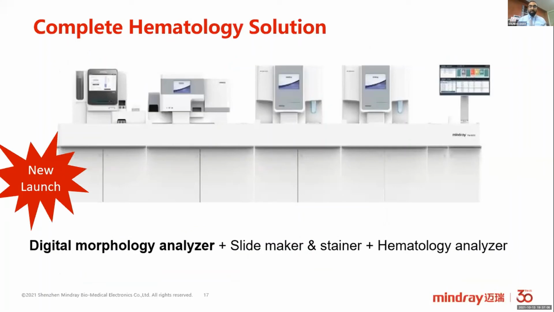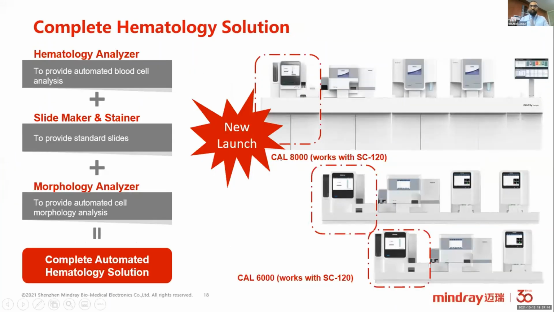So this is a new one. We need to complete our hematology solution, and we recently launched our solution for a digital morphology analyzer. This is very important. This is a new software because we need to make the complete solution. But why complete solution? Because we have the hematology analyzer and the slide maker, and we need a product that can see the cells and give us the image for each cell, and can help to validate this result and also for archiving the results. And this is what we call